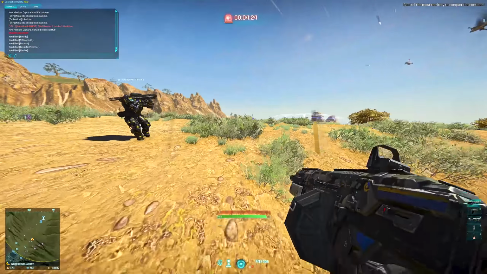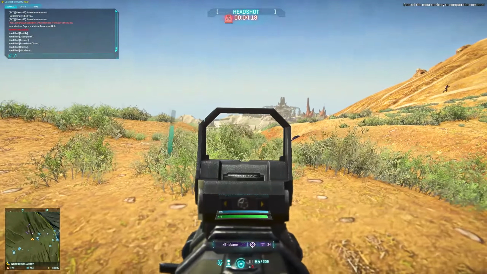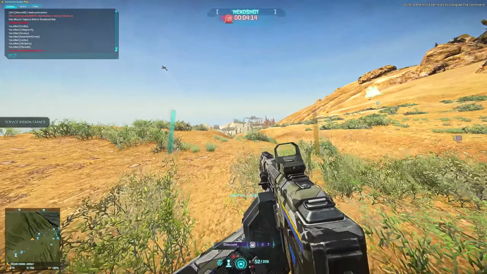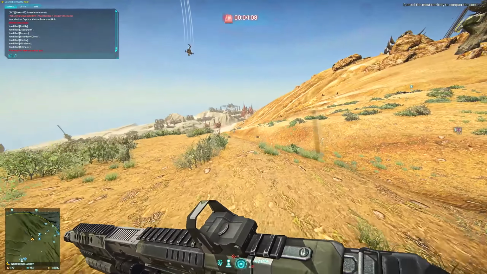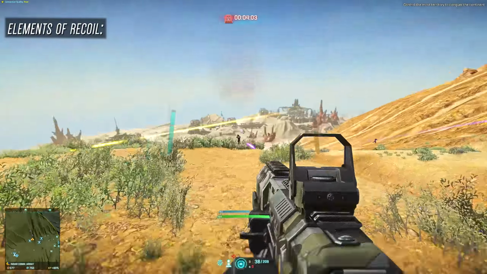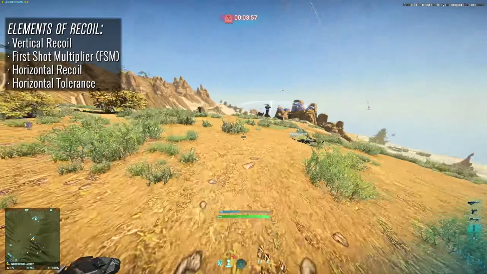In Planetside 2, every weapon will have a recoil pattern that it abides by and dictates how you should compensate to ensure you keep your crosshair on target. Now, this said recoil pattern is built up from a bunch of different components, and understanding those will allow you to truly understand how a weapon will behave, because it's not just one stat or another, it's a bunch of different elements. These quote-unquote elements, if you will, are vertical recoil, first shot multiplier, horizontal recoil, horizontal tolerance, and